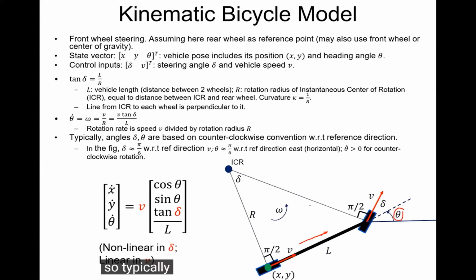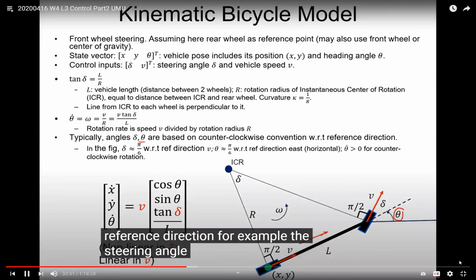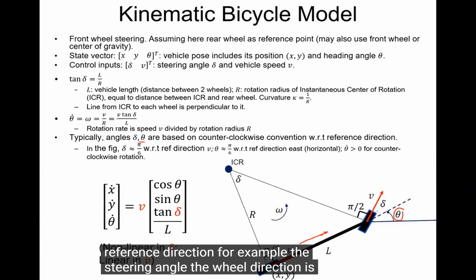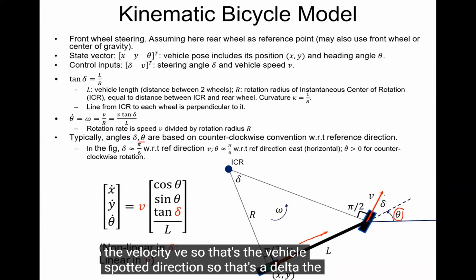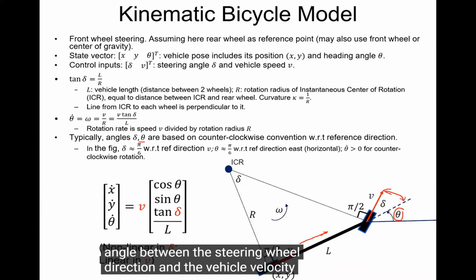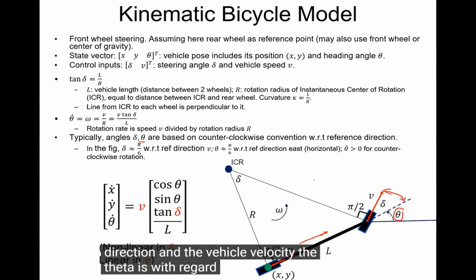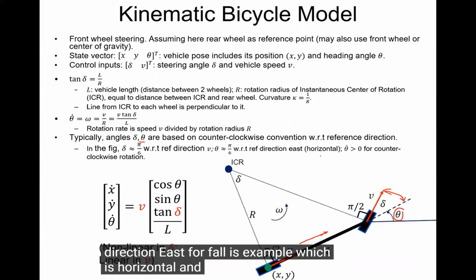So typically angles, steering angle delta and heading angle theta, are based on a clockwise convention with regard to a reference direction. For example, the steering angle, the wheel direction, is with regard to the reference direction of the velocity v. So that's the vehicle's body direction. So that's delta, the angle between the steering wheel direction and the vehicle velocity. The theta is with regard to the reference direction east for this example, which is horizontal. And then any rotation angle,